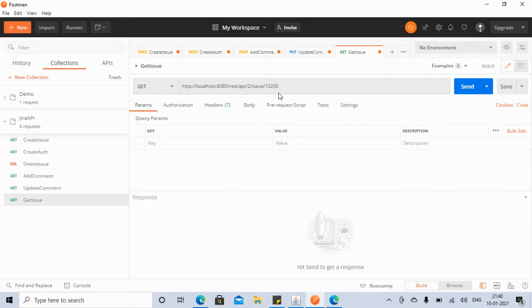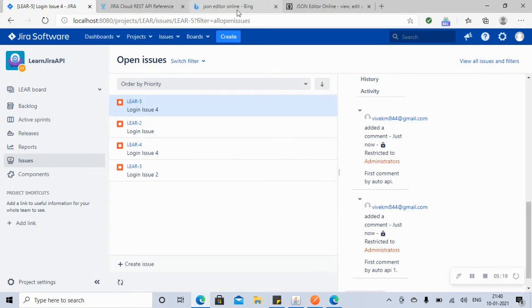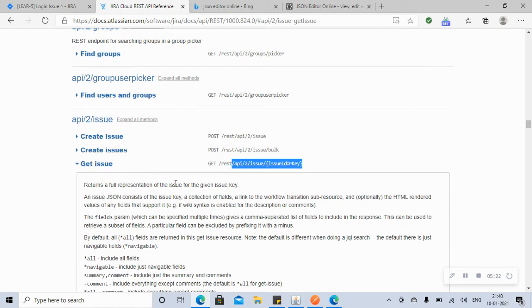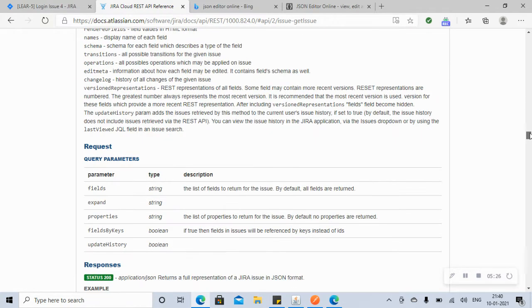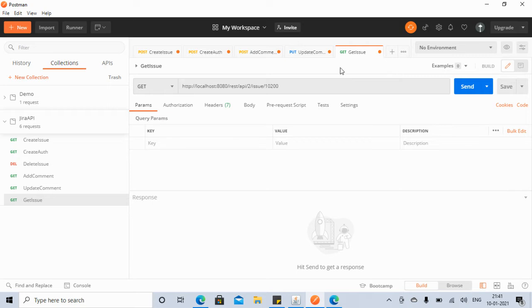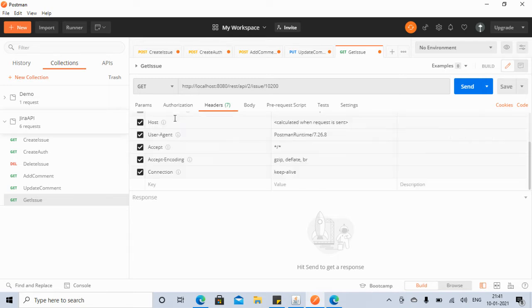So we provided the issue ID in the path parameter, but if you go to this document that Jira has provided, if you want to get the issue, this is the resource. What else they want us to provide is these query parameters. Whatever fields, because when you get the issue, there are lots of fields that we can get. So if you don't provide this query parameter, let's run it and see what is happening. So we provided it in the headers. Let's see what we have. Whether content type is there or not, let's see that.